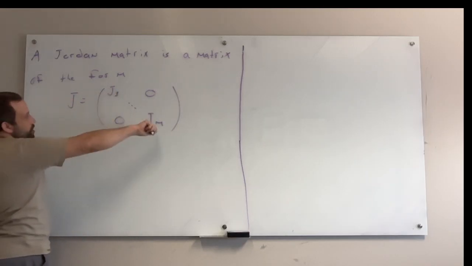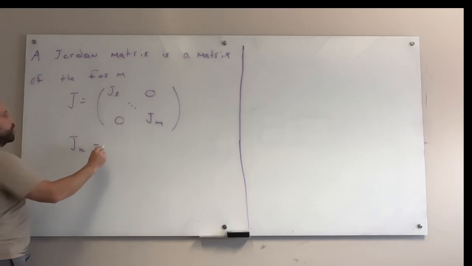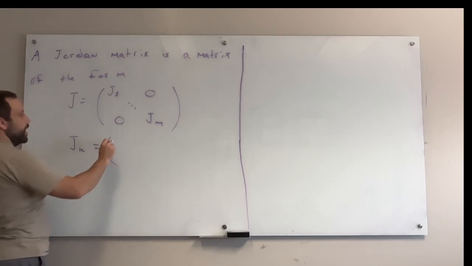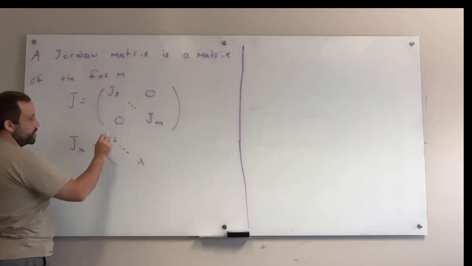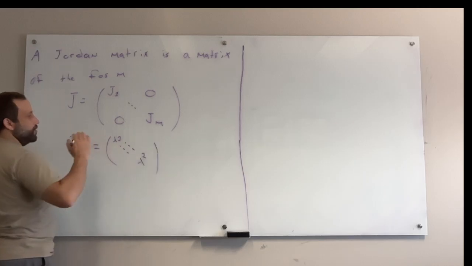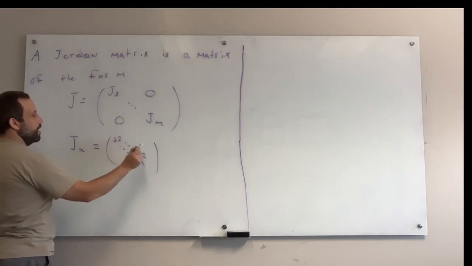Each one of these entries is actually a matrix, where each J_k is called a Jordan block. It's a square matrix with the same lambda all along the diagonal, ones on the diagonal above the main diagonal, the super diagonal,